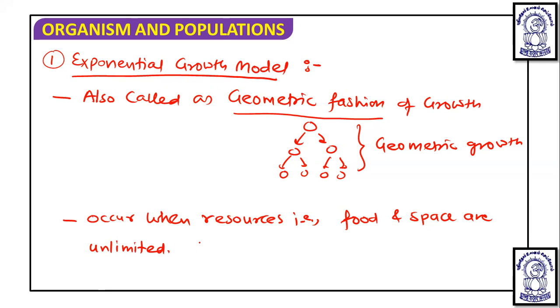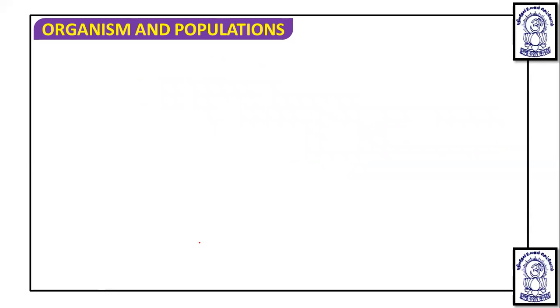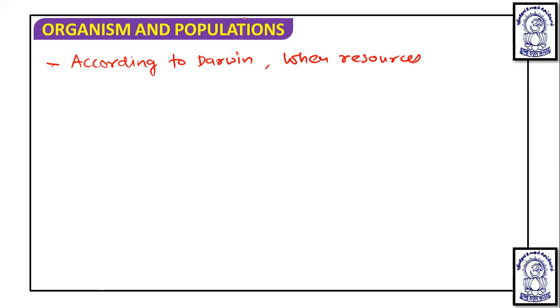Okay, and it is known that according to Darwin, when resources inhabited are unlimited, when there is unlimited food, unlimited space, unlimited resources,